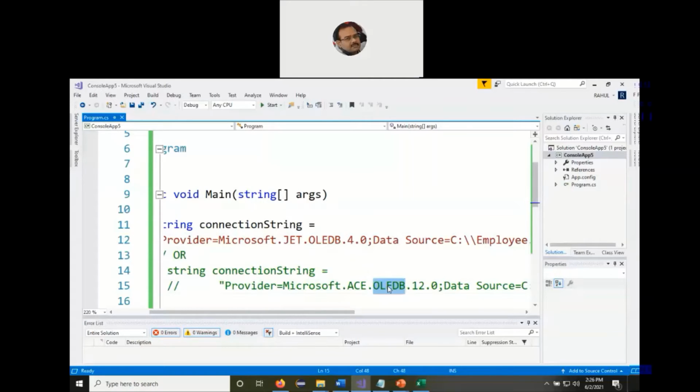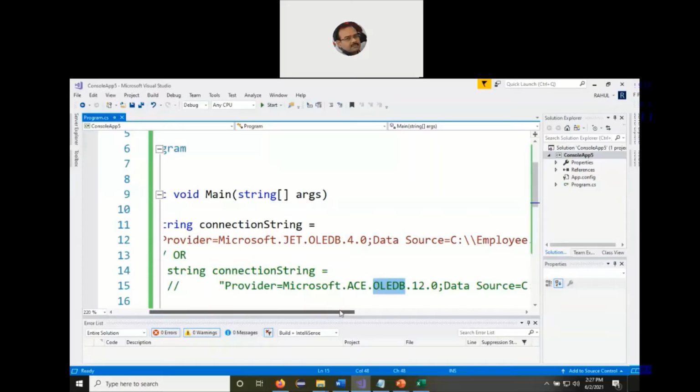If the driver fails, then we cannot connect. So what happens in this line? It's a loading of the driver, registration of the driver with the operating system, and then preparing it so that it comes to the activation stage, wherein now we can start writing our SQL program so that it can be sent back to the database. However, if the loading of the driver fails, then no C#.NET program can connect to the backend database.